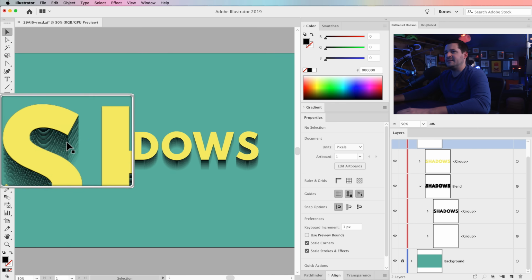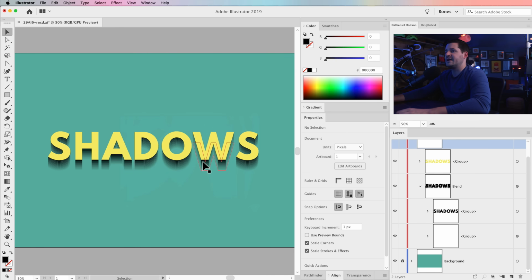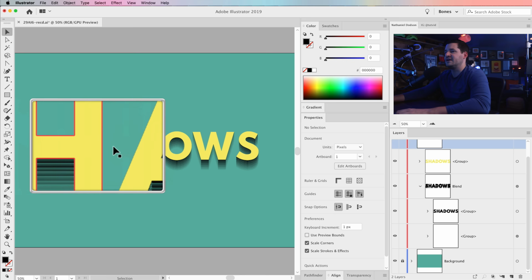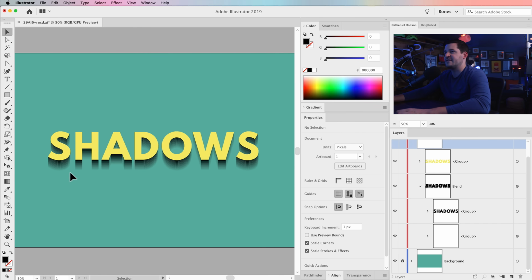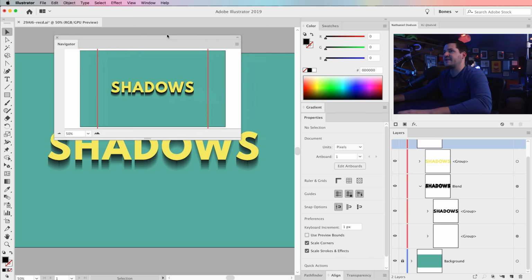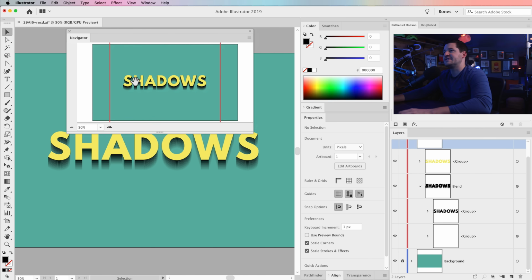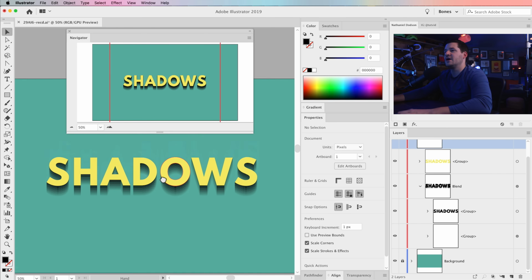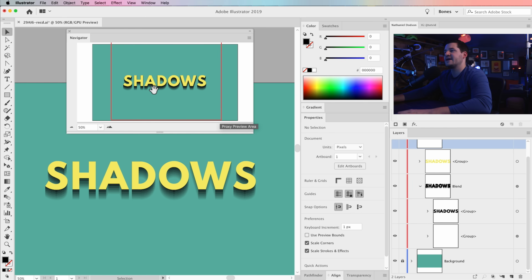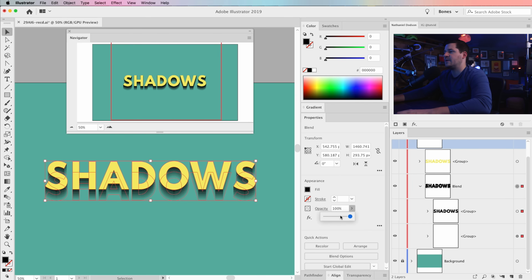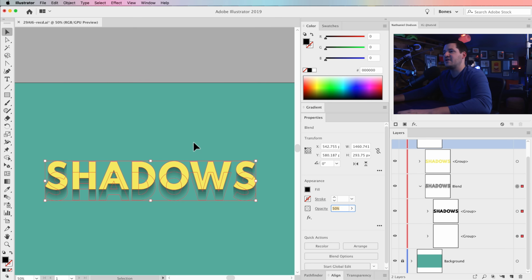Now, it does look absolutely terrible here in Illustrator, but this is just a product of, it's kind of an Illustrator glitch in at least the current version of Illustrator. If you were to export this text, it would look good. In fact, if I go and open up my navigator panel here, you can see this gives us a proper rendition of what it will look like. So of course, we can take the entire blend at this point and say, you know what, we want to just reduce the opacity, maybe knock it down around 50%, and now we have this nice fading shadow. I'm going to close the navigator for a second here.